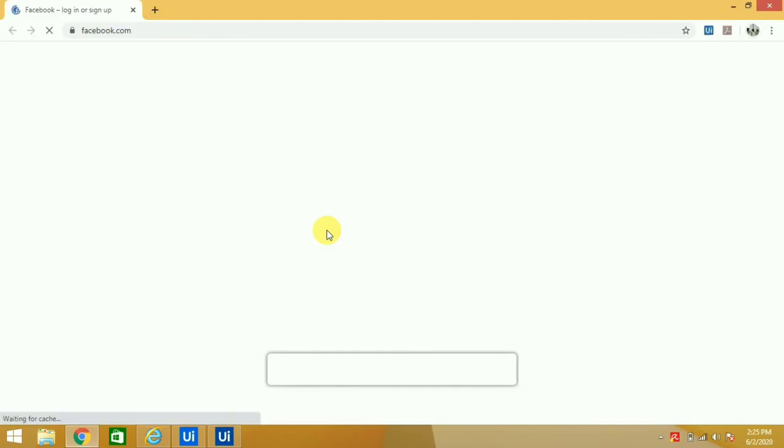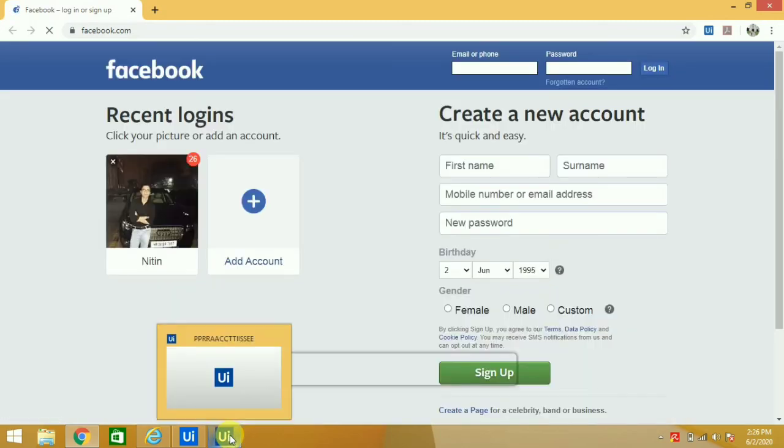Okay, now Chrome. The internet is a bit of a problem. So we can see here that the robot is running.